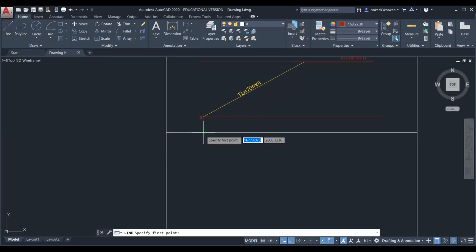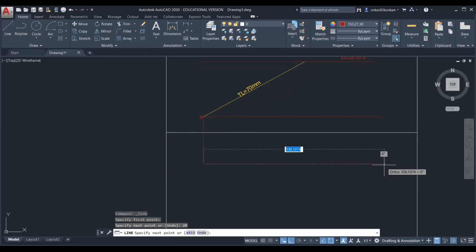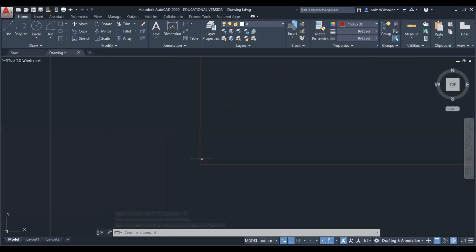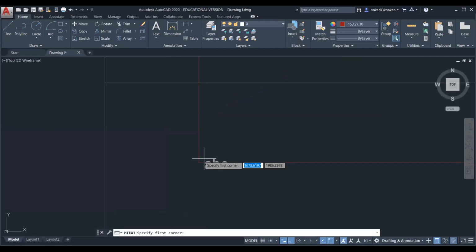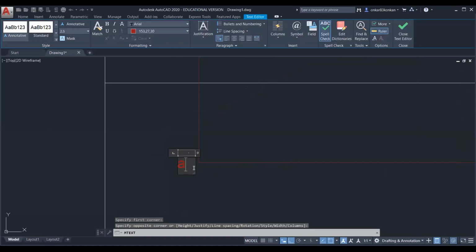So from this point, just draw the line at a distance of 20 mm and draw one horizontal line as a reference line. So this corner point is the point A, that is the top view of the point A.